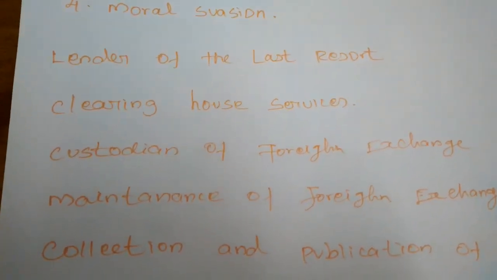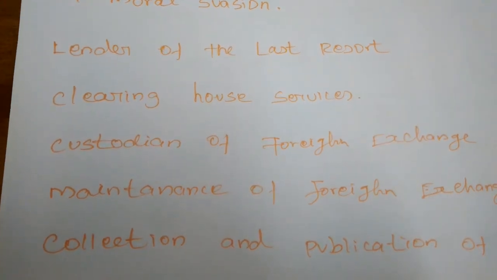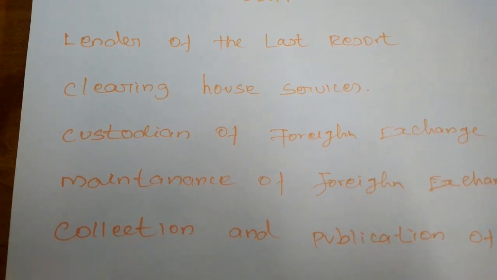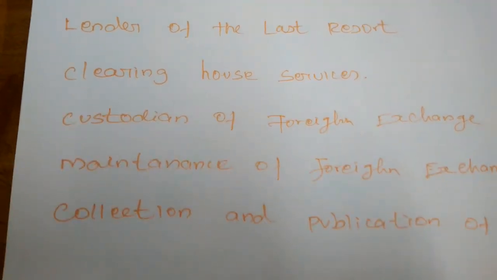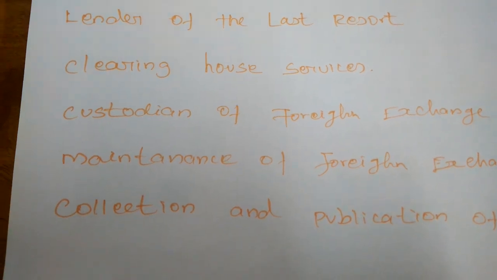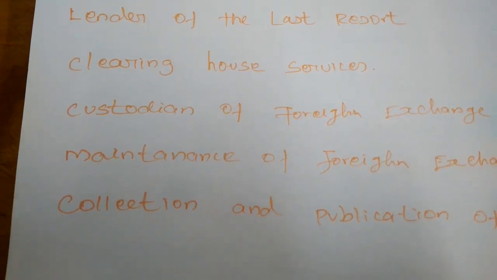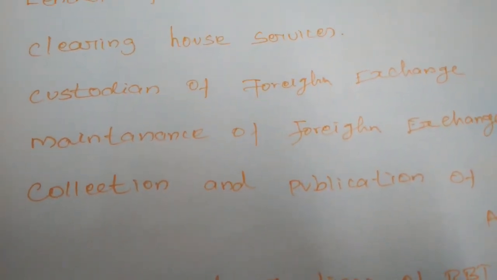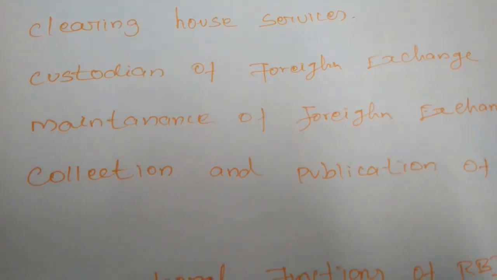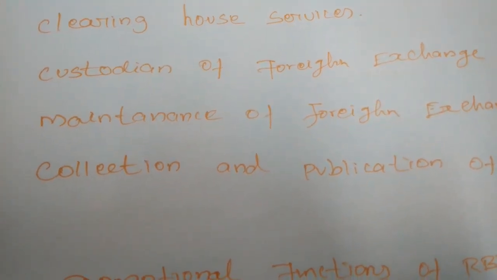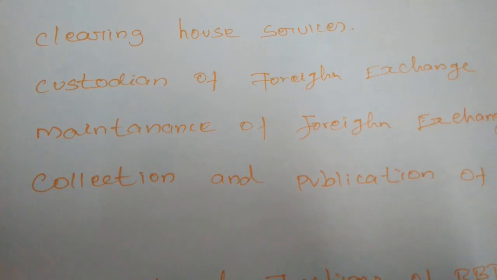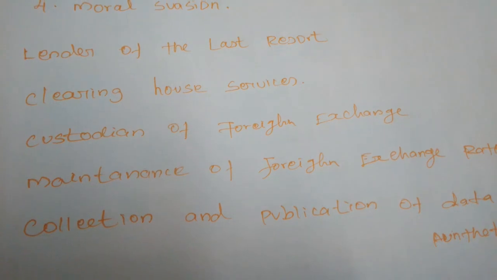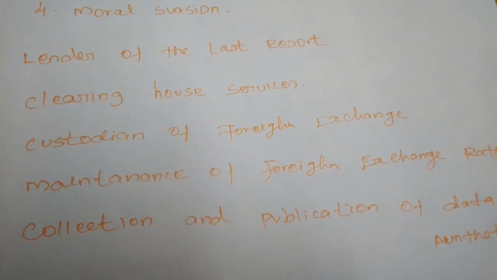So the aggregate amount of checks presented by a bank on other banks represents the claim by the bank on other banks. Similarly, claims are made by all the banks on every other bank in clearing. A net settlement is arrived at the clearing house and accordingly the debit or credit entry is made in their current accounts. So the clearing house services are also provided by the Reserve Bank of India only.